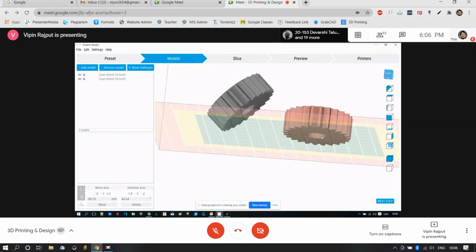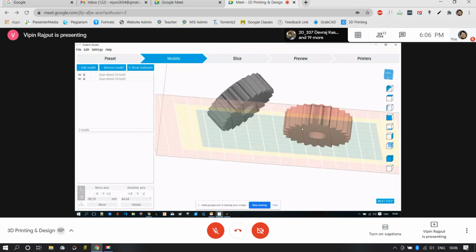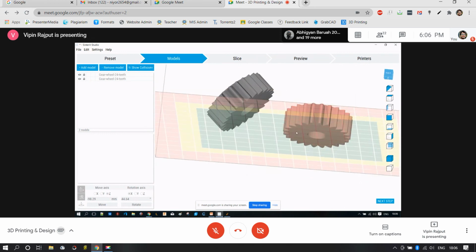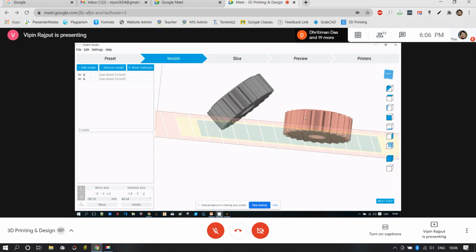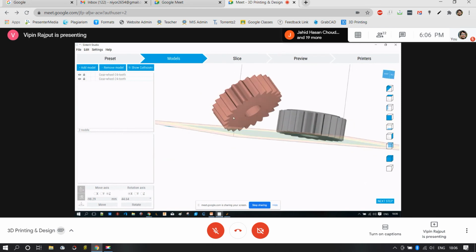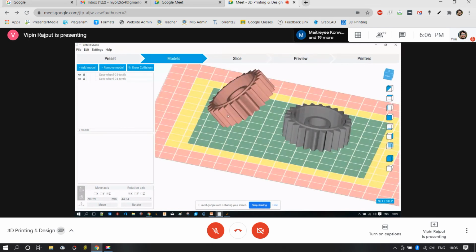But if we put a greater surface area towards the platform, we could experience that the bottommost part is warped. That means it may not be flat enough. This particular model can be curved in any of the directions. It can be parabolic, it can be anything. So it's advised to keep the model at an angle so that the point contact is less and the models will be printed without any issues.